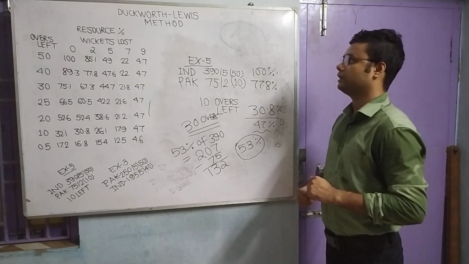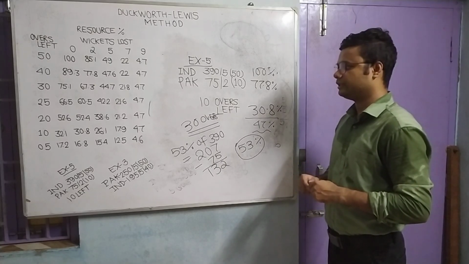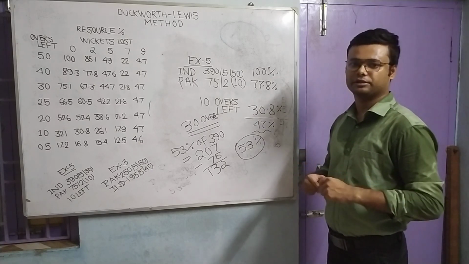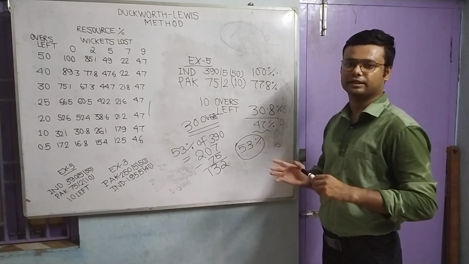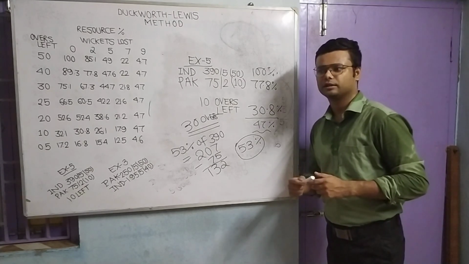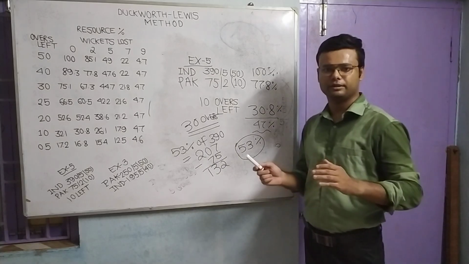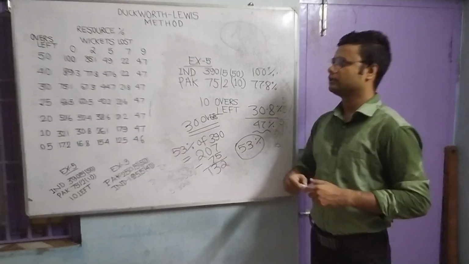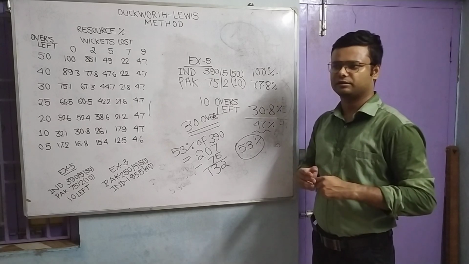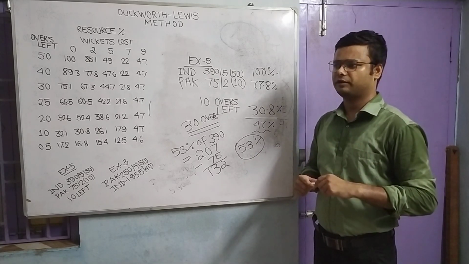So this is how the entire Duckworth-Lewis method works, and we have seen that it has decided the fate of the one-day match and the fate of the team batting second in a rain affected game many times. But sometimes there are some weird applications, and weird application means it's not about the fault of the resource percentage table. It was just the destiny of the team batting second, because I can remember an incident.